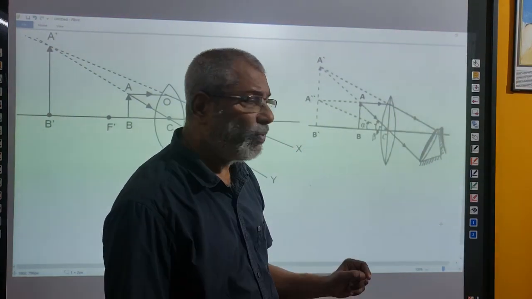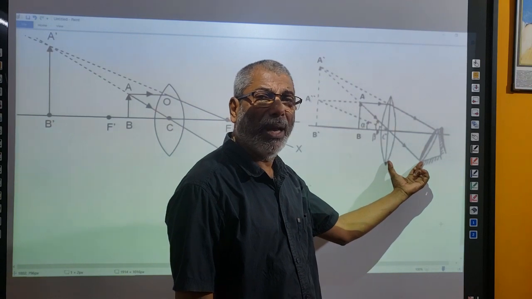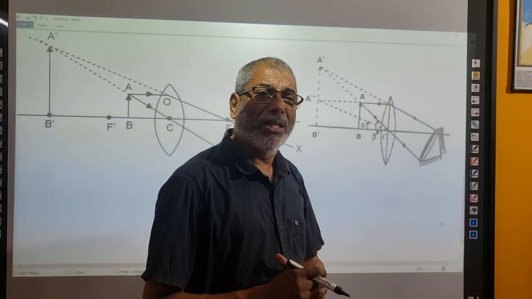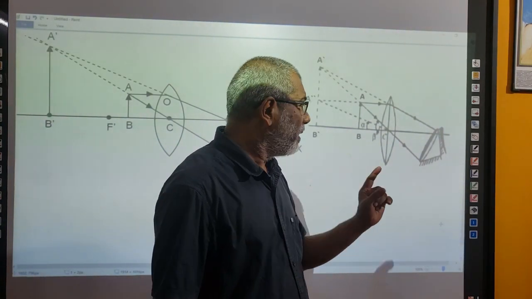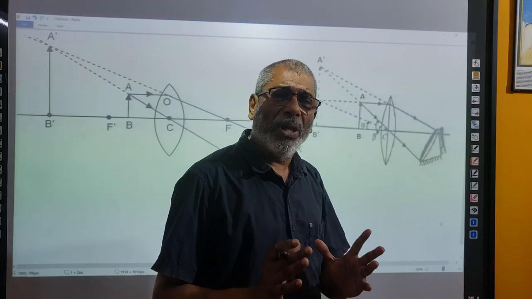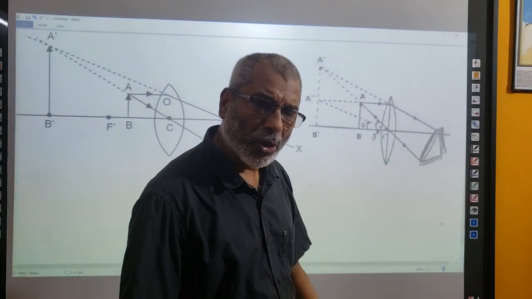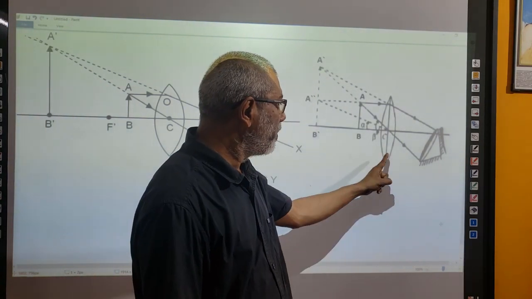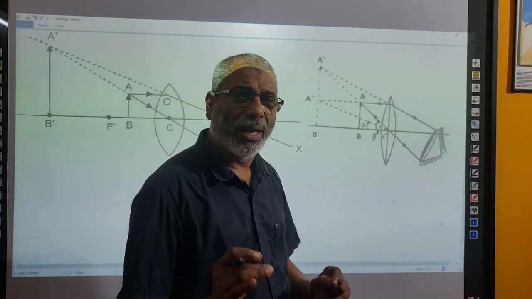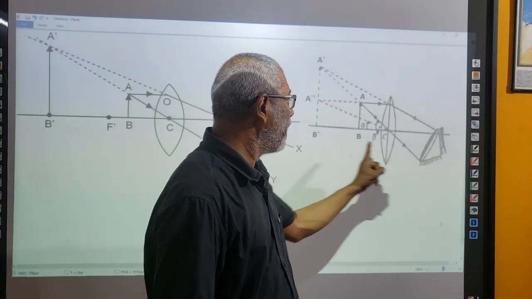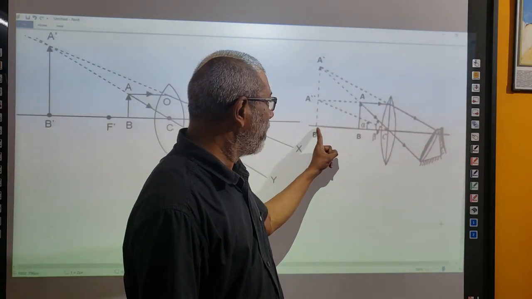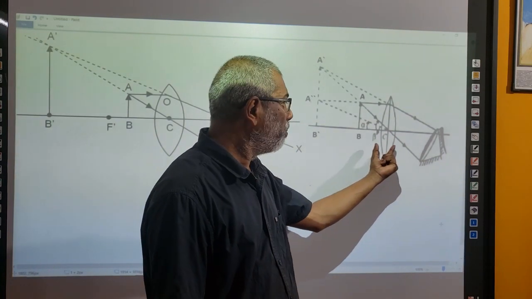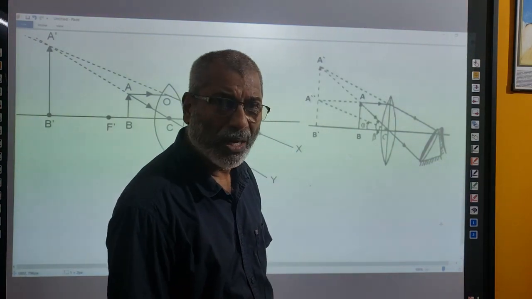So this distance, that means the distance between the lens and the final image, or the eye and the final image. Actually we don't take the distance between the eye and the lens, because whatever aid we are using as an optical instrument must be kept very close to the eye. Therefore this distance is not taken into account. The distance between the lens and the final image is exactly the same as the distance between the eye and the final image. So in this case the final image is at a distance D, capital D, from the eye or from the convex lens used.